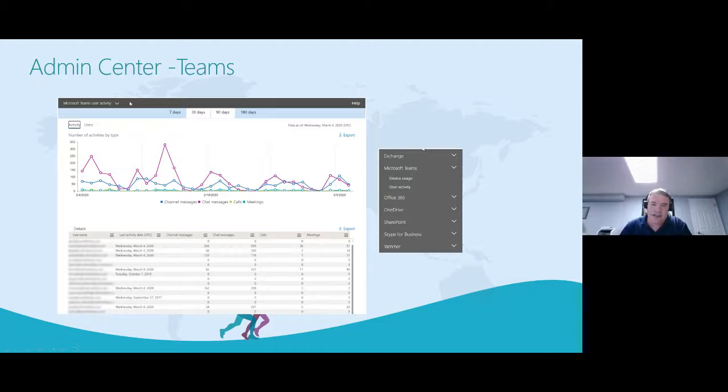So a couple things you'll notice are we'll talk a lot about time dimensions, because this is a really important concept when we're looking at how to measure any type of analytics. So, over time and what time period we're slicing on will become a very important topic. The time dimensions afforded to you are 7, 30 days, 90 days, and 180 days. What we're looking at too is overall activity: messages, chats, calls, and meetings.